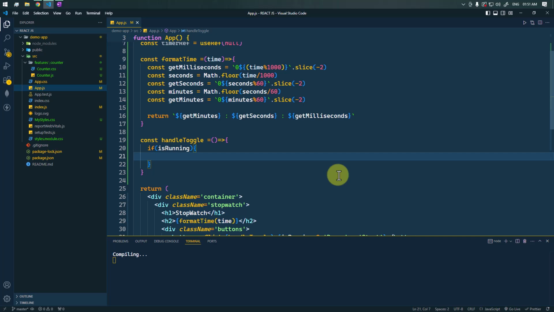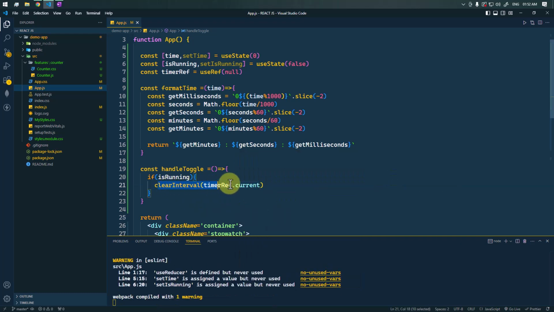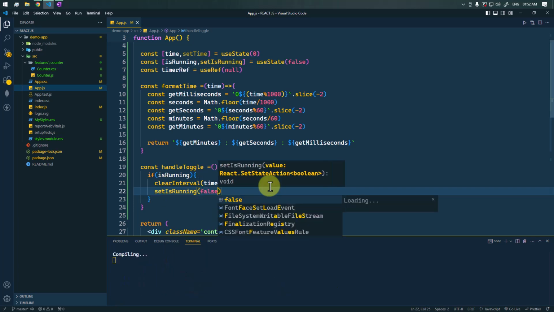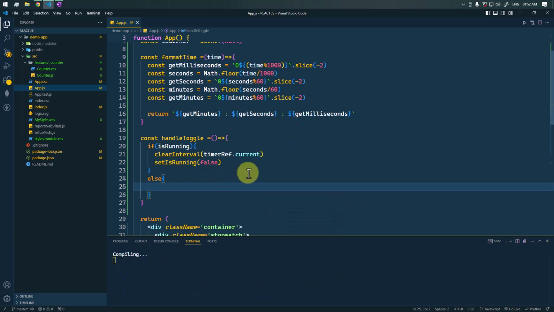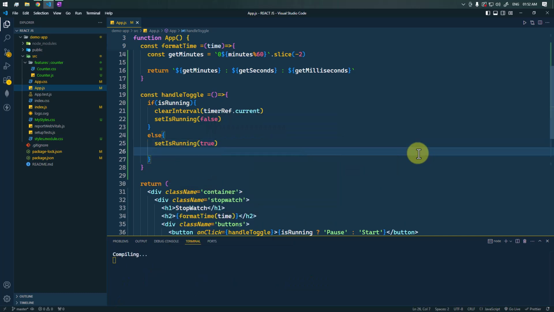First of all, we are gonna clear the interval. So we're gonna use the timerRef.current. If that is running, we're gonna clear the interval, and also we're gonna set isRunning to false. Else, whenever the timer is not running, in that case we have to run this. First of all, we're gonna set isRunning and make this true, and then here is the